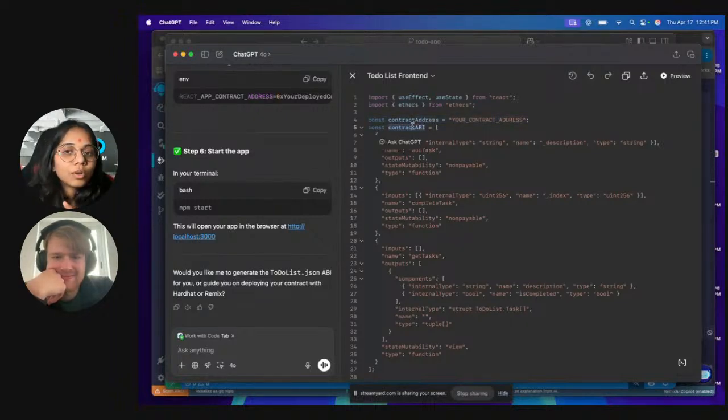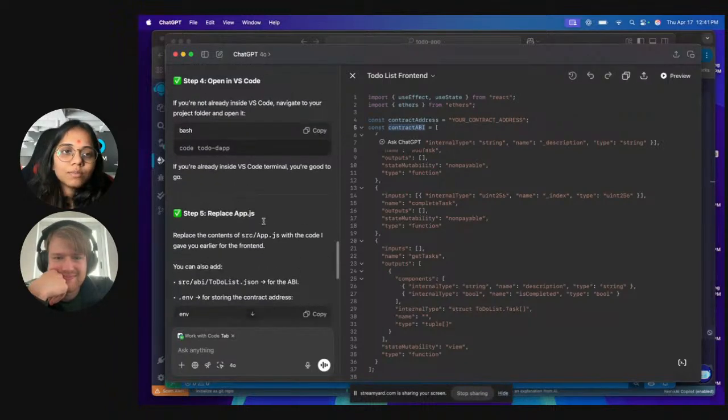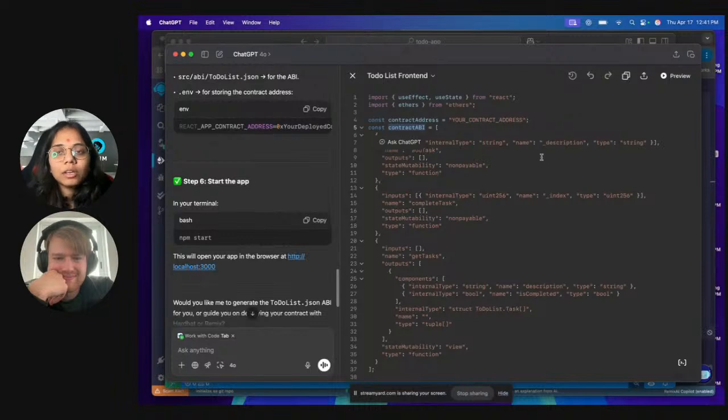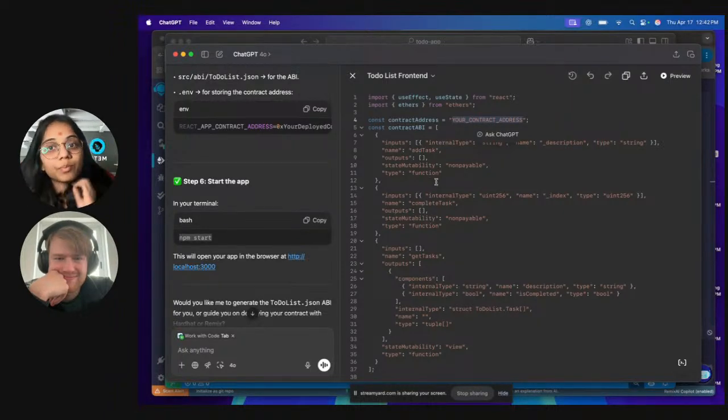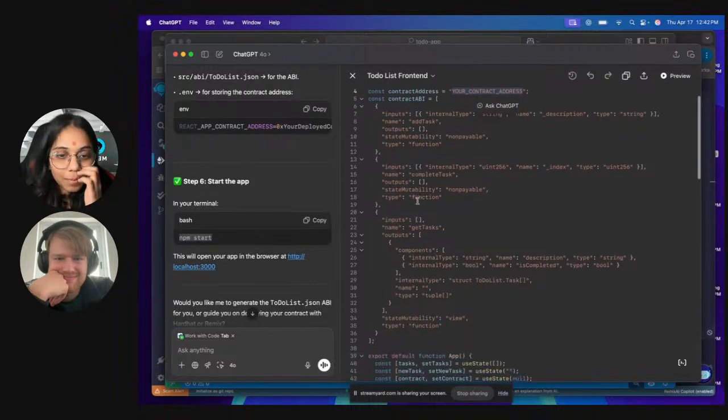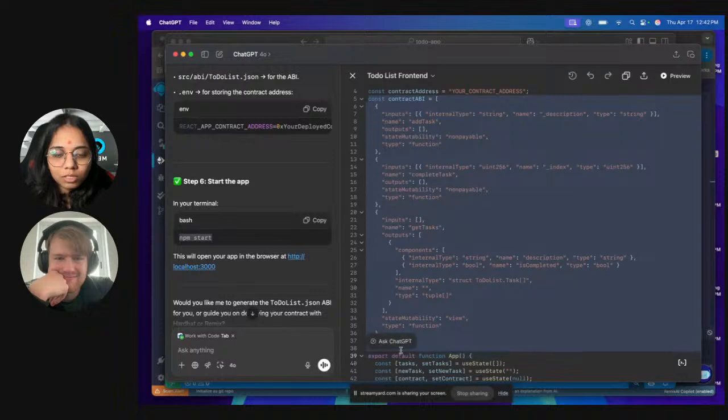Now I just want to mention one thing: if someone is just copying this code, following all the steps for creating the to-do list, and you're just copying and pasting it without reading it, when you run npm start it's going to give you an error, right? Make sure that you read each line of whatever you're copying, because here you have to enter your contract address. You may need to deploy your contract, right? That's how you save a lot of time. And then upload the ABI.